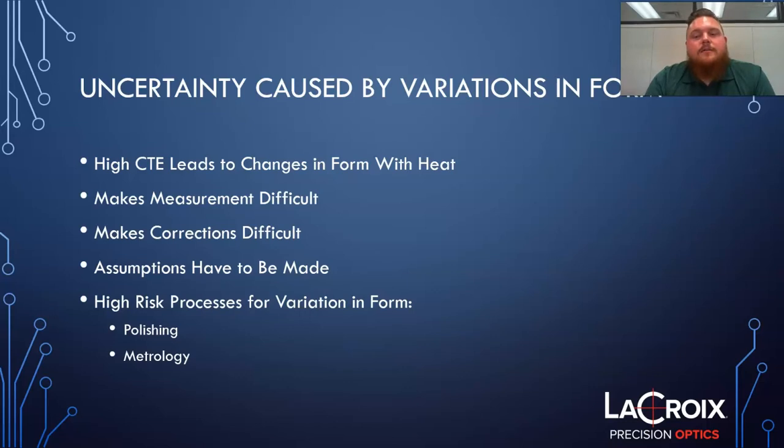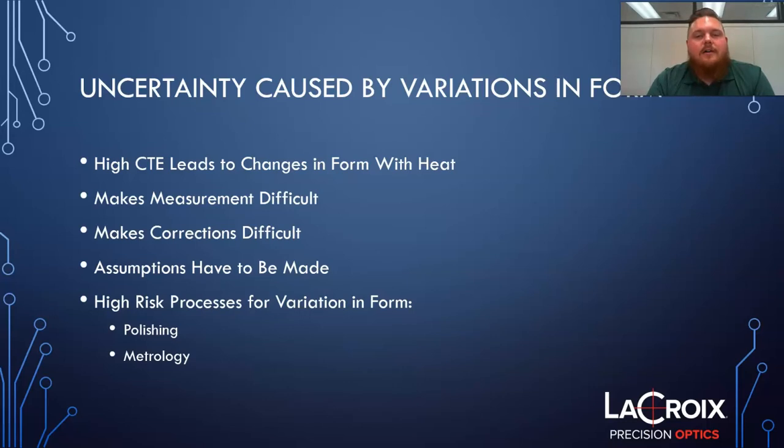This heat will again lead to a non-uniform expansion throughout the surface. So this non-uniform expansion will deform the surface from what you would expect when the part reaches equilibrium at room temperature. So therefore, it makes measurement and corrections very difficult. If the part is measured as soon as it comes off of the polisher, it is not a true form to what you would see at the room temperature equilibrium, and you can actually watch it change over time as